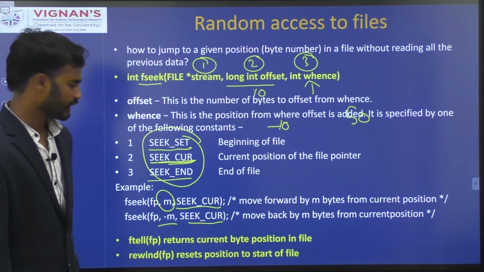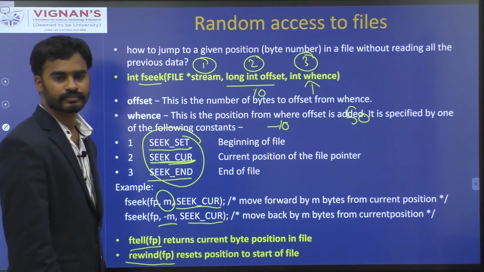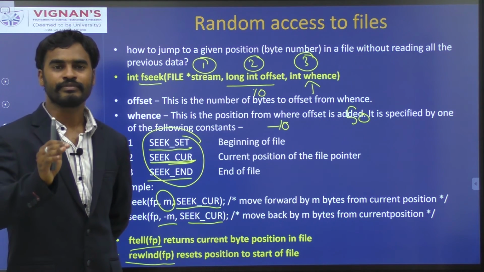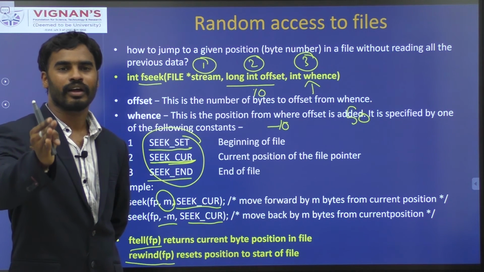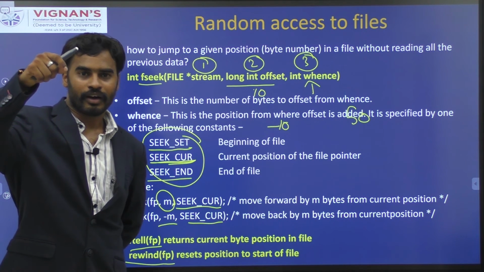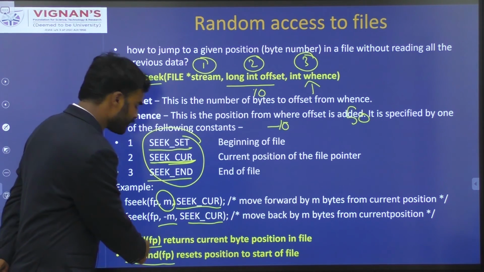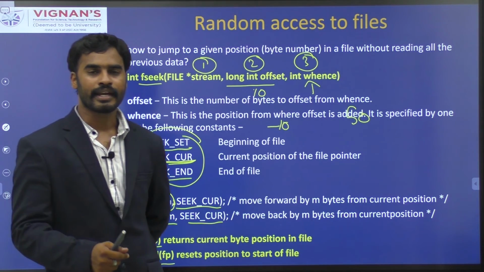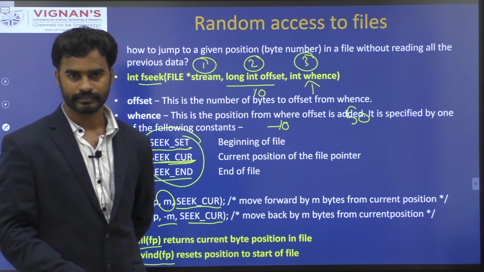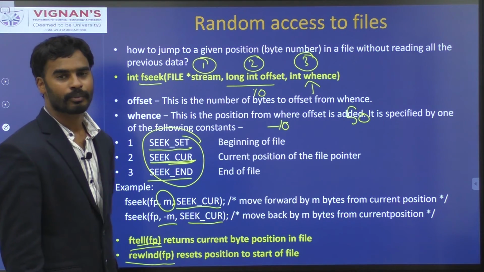random access file are the ftell function and the rewind function. The ftell function is to specify in which position you are, at what position currently you are there. The ftell function returns an integer that specifies in which position your file pointer currently is. You can use the ftell function for knowing the position of your file pointer.